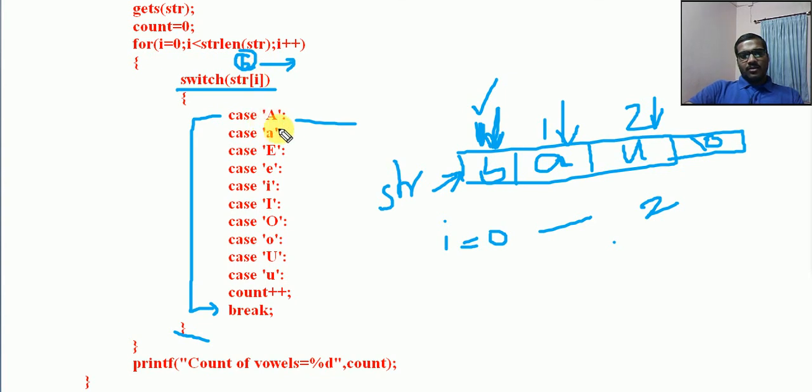Again check for capital A, small a. Here we are finding a. It will pass through all these cases, which fail, but after reaching here it will increment the value of count. Initially count was 0, now count will become 1. Then break.